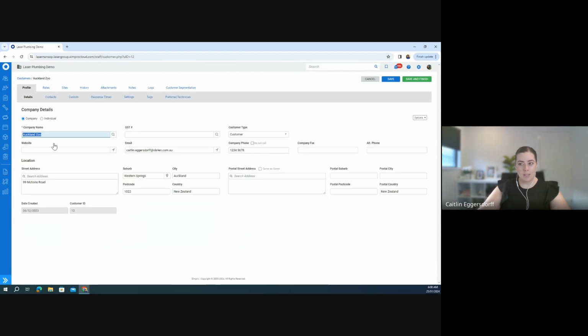This may seem quite basic in terms of a company name is a company name, but I want to go through a bit more of the setup behind a customer card and ways that that can benefit your business moving forward, if we can set up certain settings to then have flow-on effects when you're raising quotes, jobs, and invoices later. So if we come to this first profile tab and detail sub-tab, we've got in here